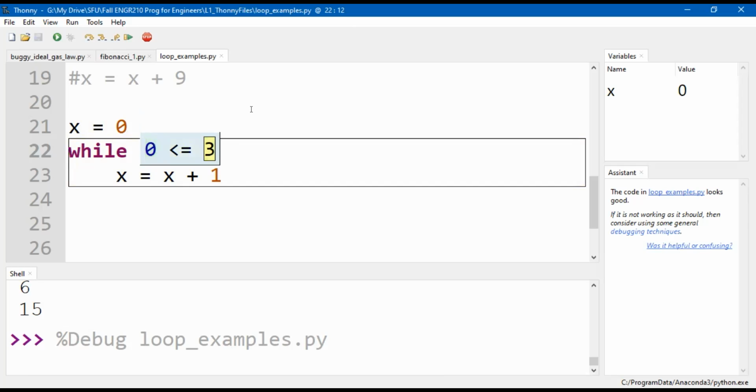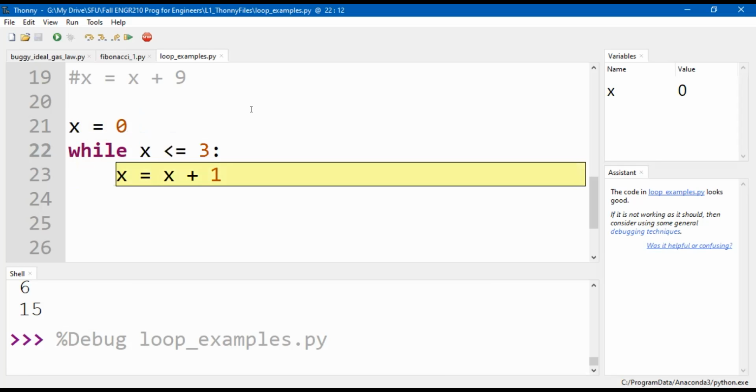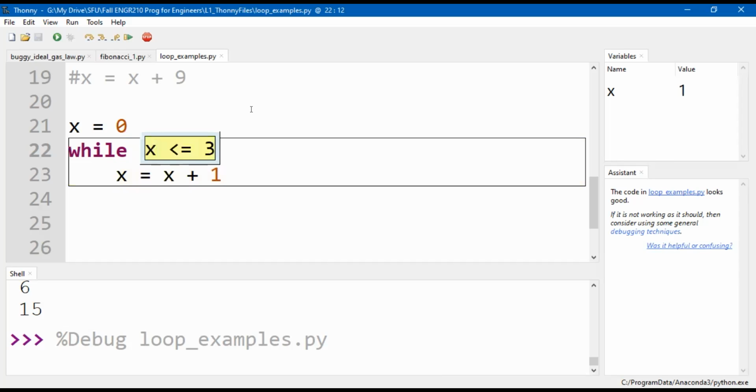That is true. Great. And if it's true, I'm going to do everything inside of the while loop. That's everything that's indented right after the while. So come down here. After I run this line, the value of x is 1, because 0 plus 1 is 1. Store that, done.